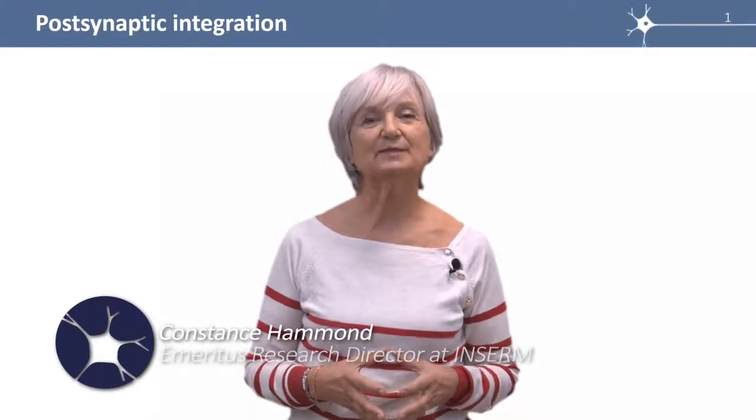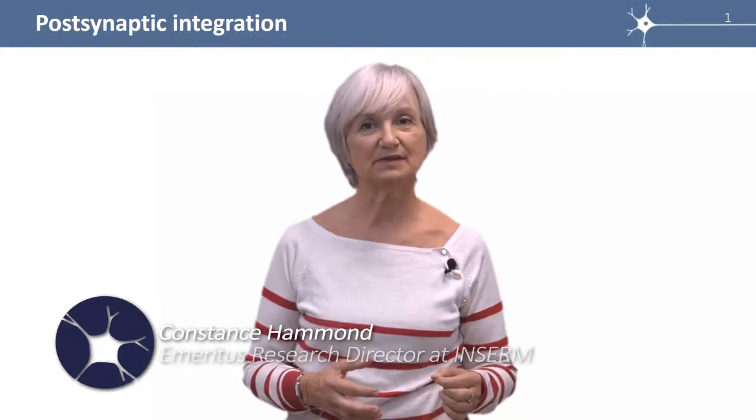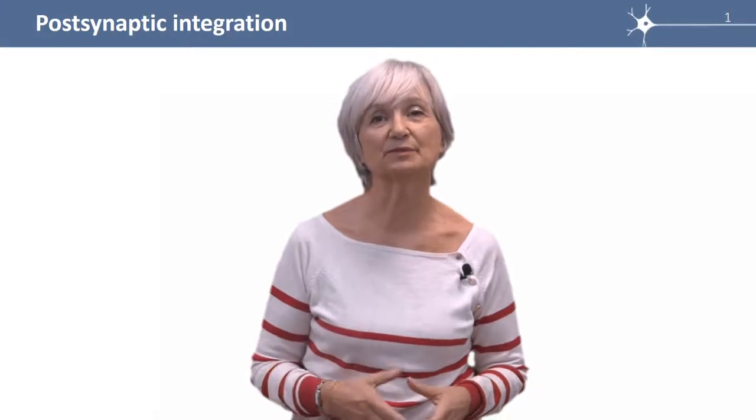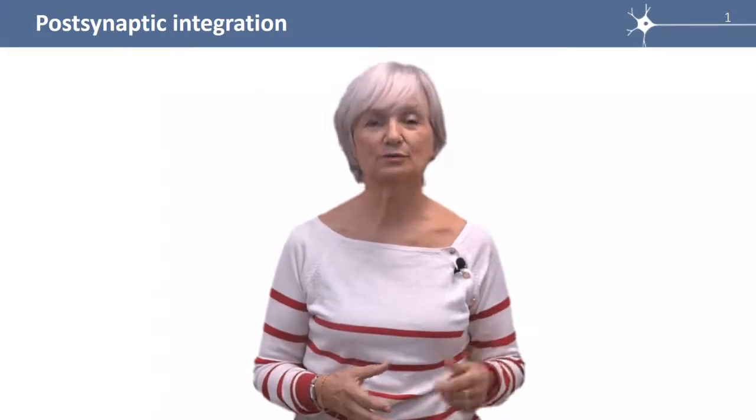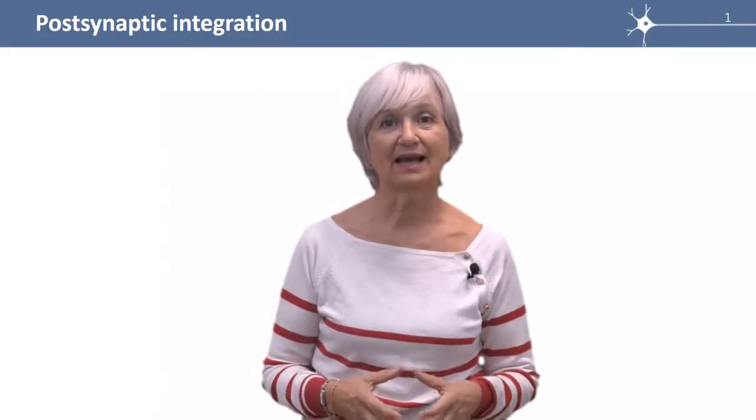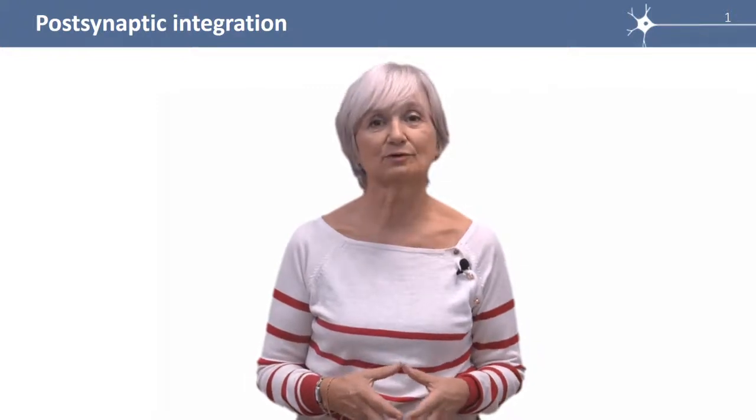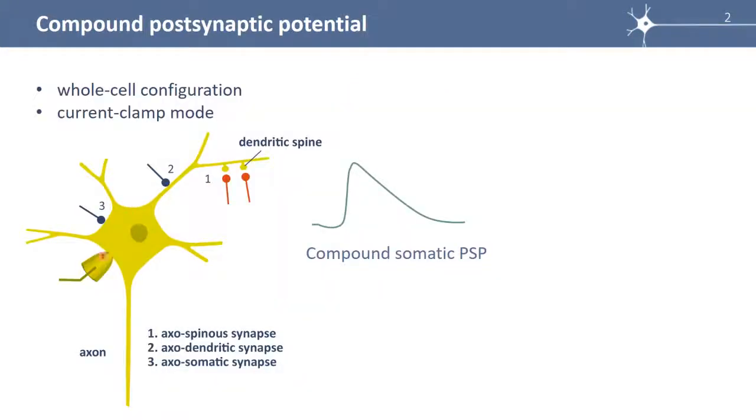What do postsynaptic potentials, EPSPs and IPSPs, become once created at postsynaptic membranes? How do they propagate along dendrites, and what is their role? Here is a neuron with two afferent glutamatergic synapses in red and two GABAergic synapses afferent to this neuron in